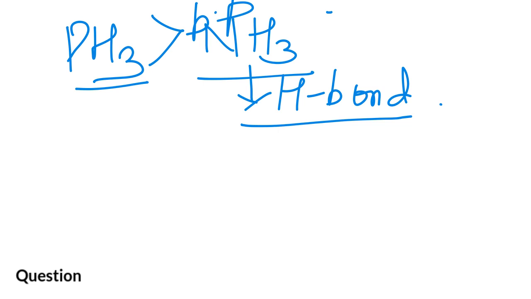In the ammonia molecule, hydrogen bonding is there between the molecules, that's the intermolecular hydrogen bonding, whereas in this PH3 there is no hydrogen bonding, that is the reason. Okay,